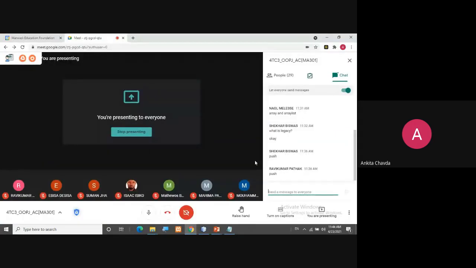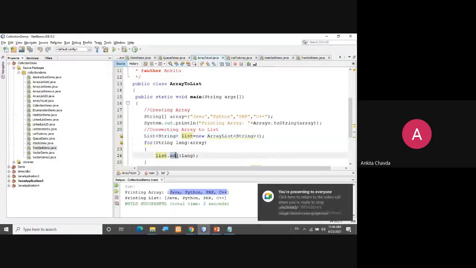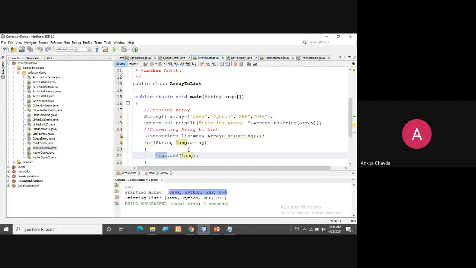No elements are there inside this, right? But you will add those elements of this lang. First time it would be Java, so it is added to this list. Second time the loop will run, there will be Python, it will be added. Third time PHP will be added, and so on, right?